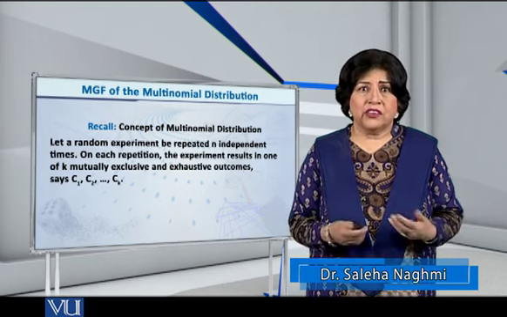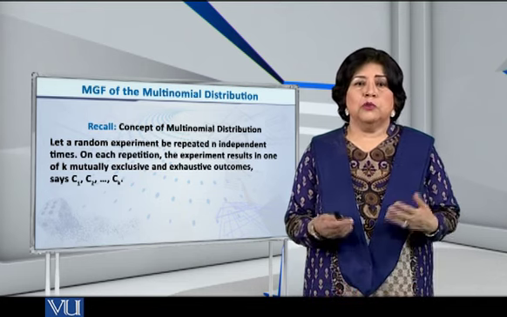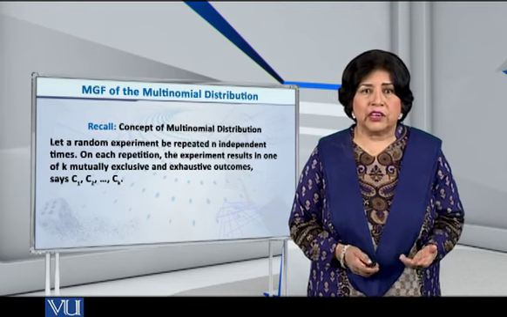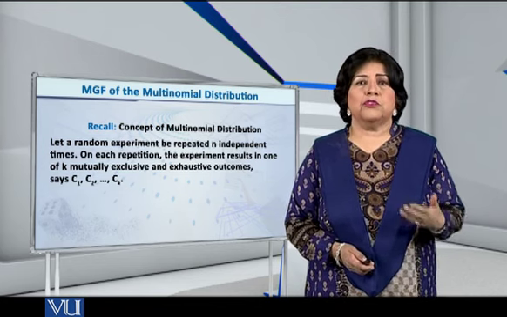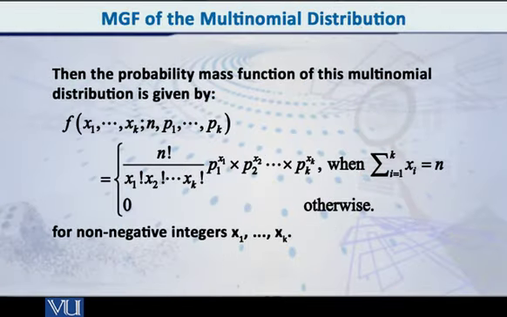the experiment results in one out of k mutually exclusive and exhaustive outcomes, say C1, C2, so on up to Ck, then the probability mass function of the multinomial distribution is given by f of x1, x2, so on up to xk is equal to n factorial over x1 factorial into x2 factorial, so on into xk factorial, and this whole thing multiplied by p1 raised to x1 into p2 raised to x2, so on into pk raised to xk,